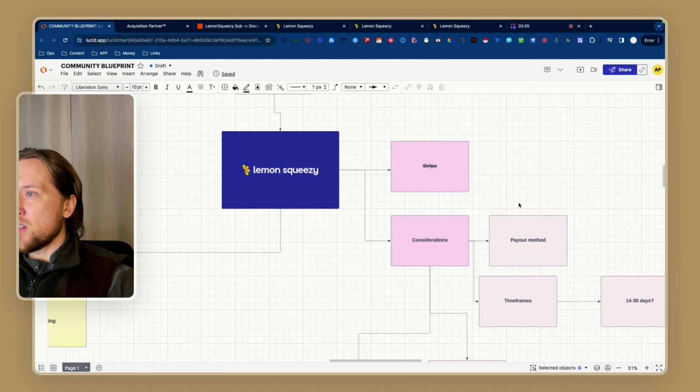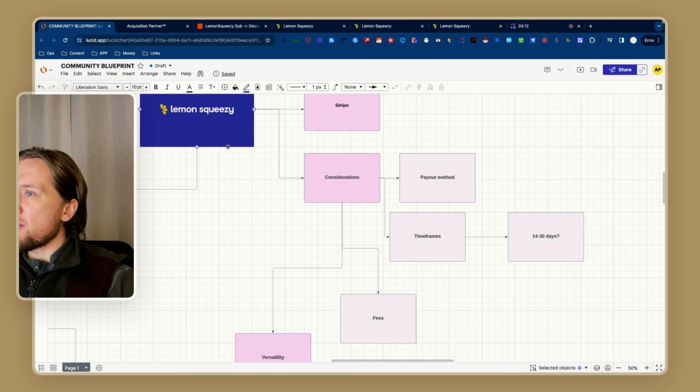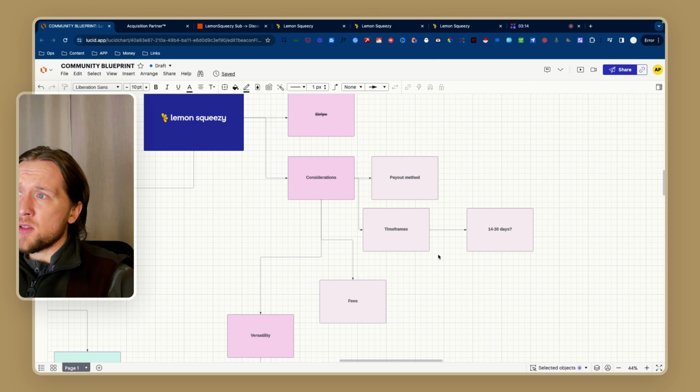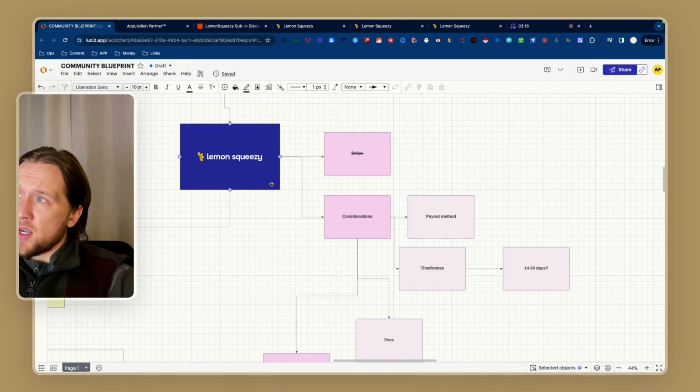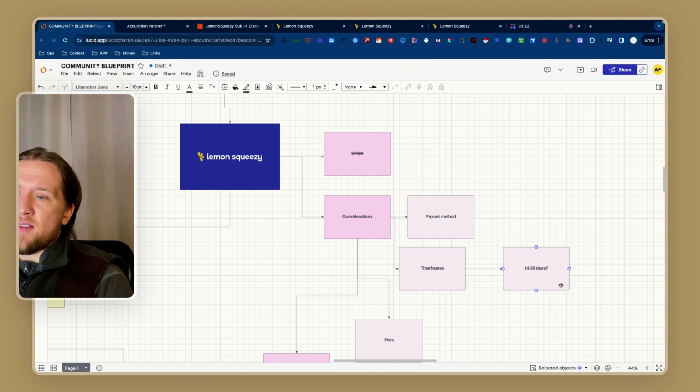But it's one thing just to have front of mind before dedicating yourself to a new merchant there. All right, another thing here to keep in mind is just timeframes of payouts. So if you're desperate for cash, Lemon Squeezy might not be the best platform. I think there's about a 14-day, possibly 30-day wait for you to actually have that pending amount paid